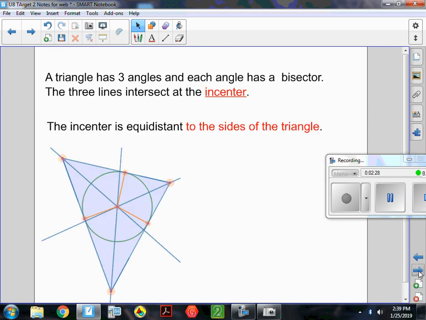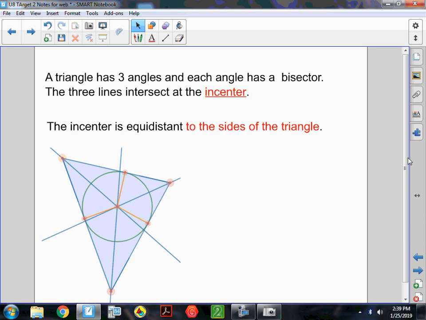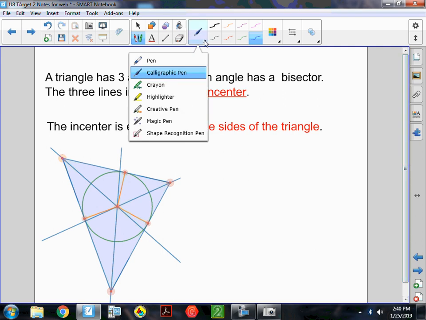Now, if you take the angle bisectors of a triangle and you draw the angle bisectors, you'll have 3 of them. They intersect at a point called the incenter. It's called that because it's the center of the circle that is inscribed in the triangle. And the incenter is equidistant to the sides of the triangle. So for example, if I kind of outline one of my angles,